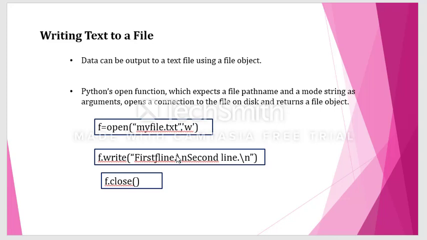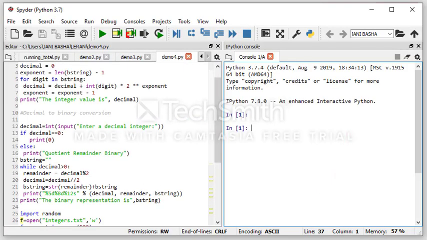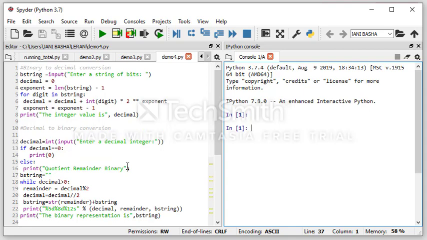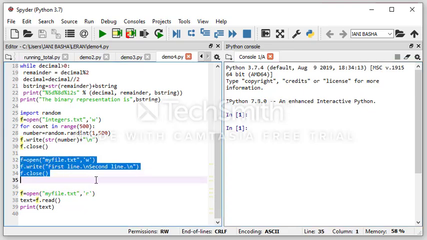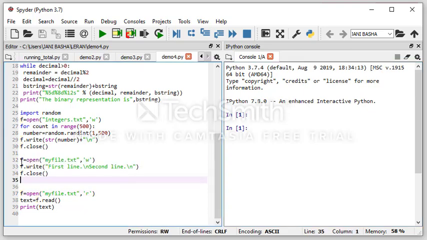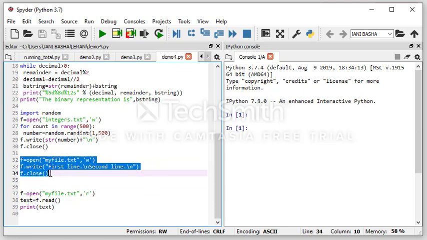Now I'll try to explain the same thing with the program. So this is the program, the small code you want to execute.